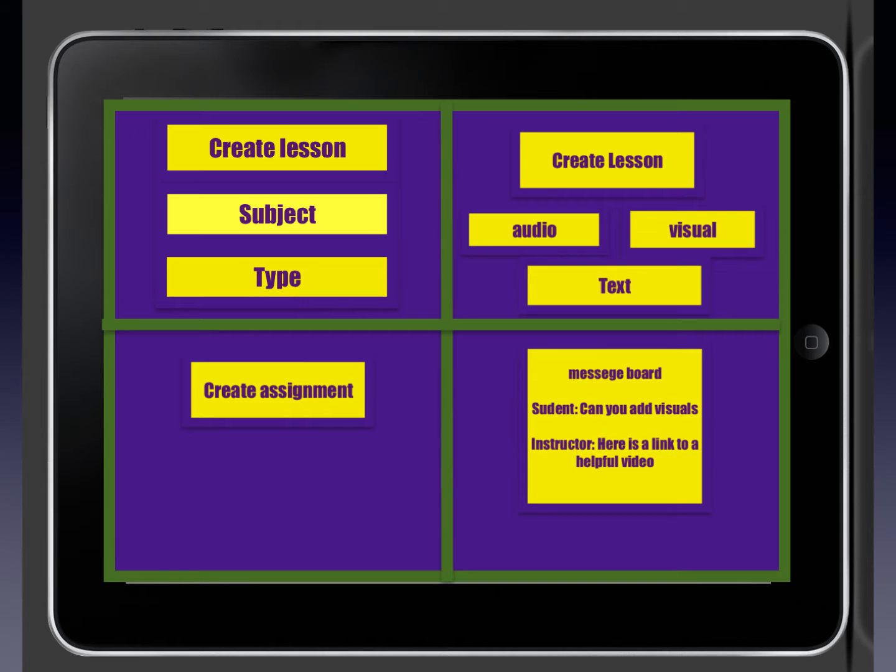The final slide here is the create a lesson slide. Here students will be able to create lessons based on subject and type, meaning audio, visual, or text lessons. They will also be able to create assignments to bolster their lessons, and there will also be a message board where students can connect with other students to get clarification on assignments or to request feedback or request more information on a